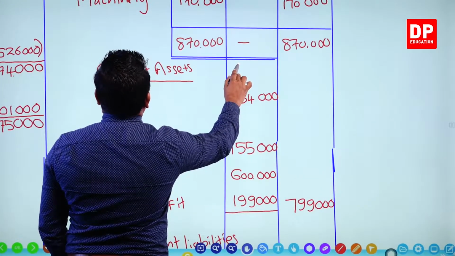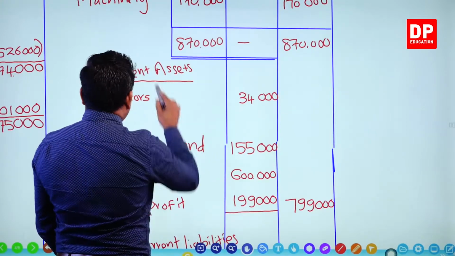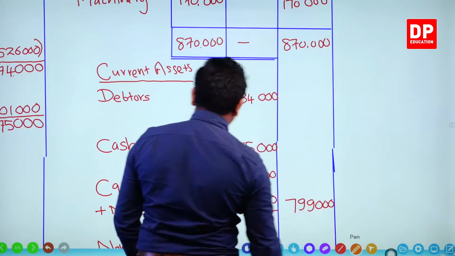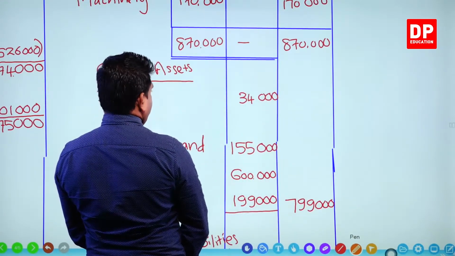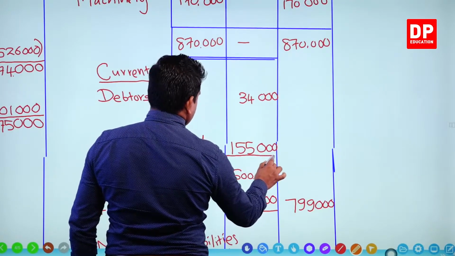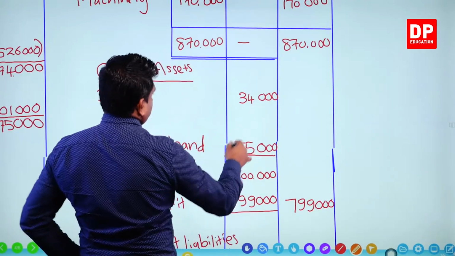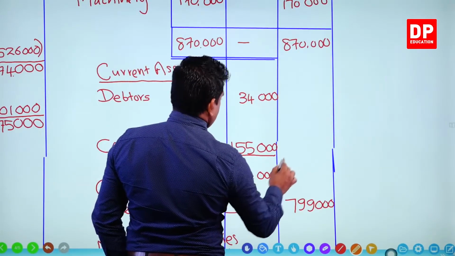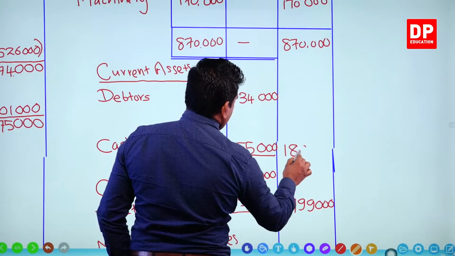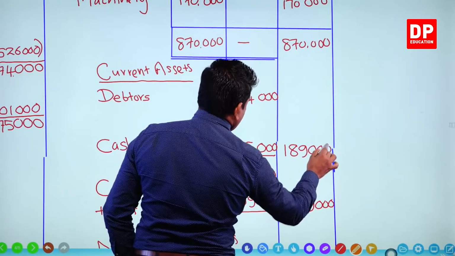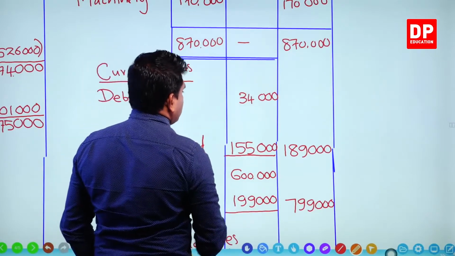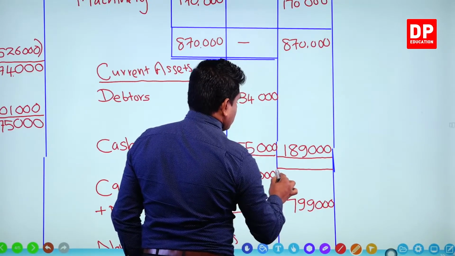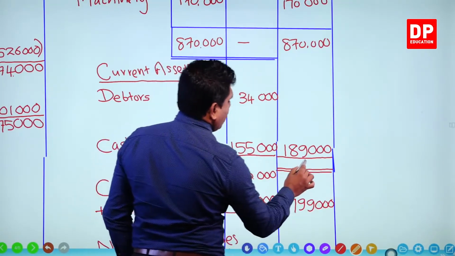Okay. Then you go to the top of the statement of financial position. Now we have taken the total of the non-current assets, right? There are only two under the current assets. Then you can get the total: 155 and 34,000, 189,000. Above you can see 870, down you can see 189,000, the asset side finish. Then here 9,000.